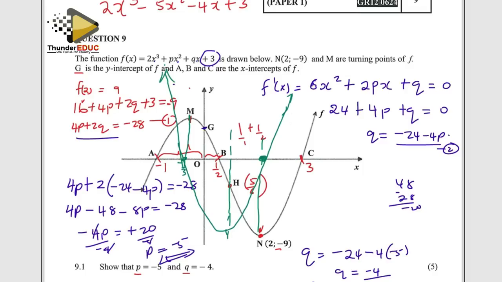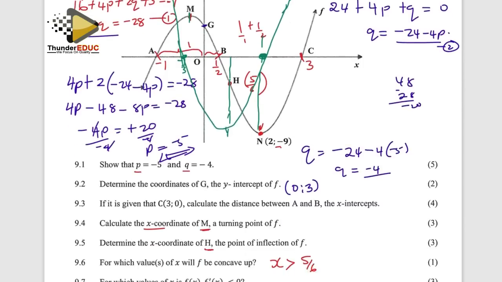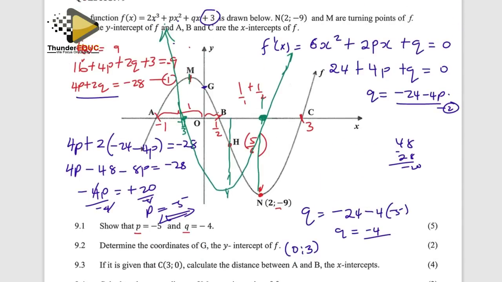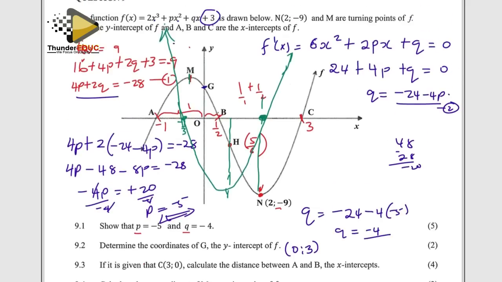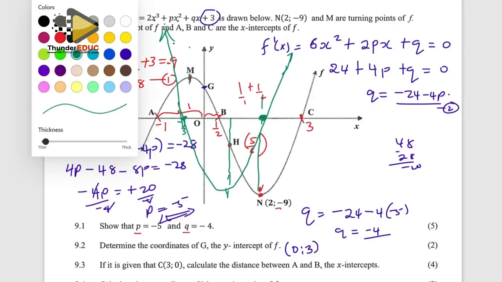Okay. Now the question is asking us, where do we find f'(x) to be less than 0? So one must be below the x-axis and the other above, or the other must be below and then the other above. So the conditions that I'm seeing, or the situations that are available for this kind of scenario,